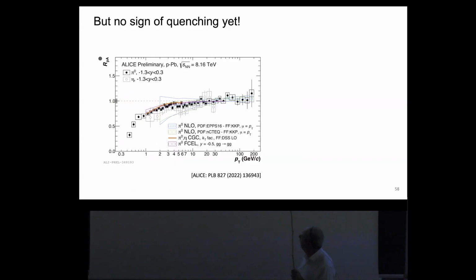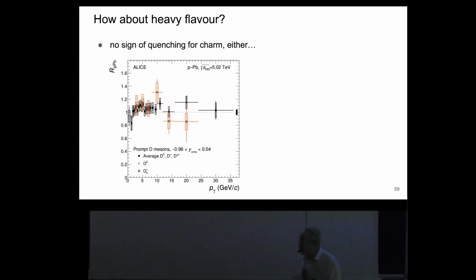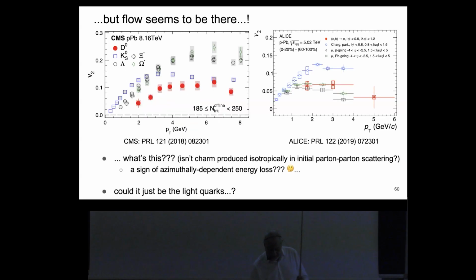This is for pions, pi zeros up to 200 GeV. Same thing for heavy flavors. We are getting much more precise data now, but basically for D mesons there is no indication of quenching, and this is another puzzle I find, because the flow seems to be there. I showed you, even for proton-lead, I didn't show it, but I show it now. So for proton-lead there is a V2. Also for the Ds,